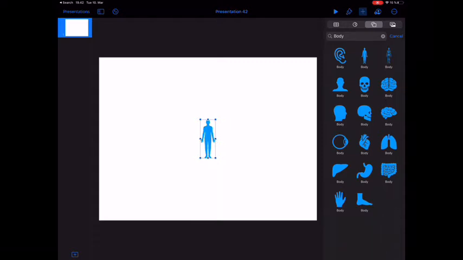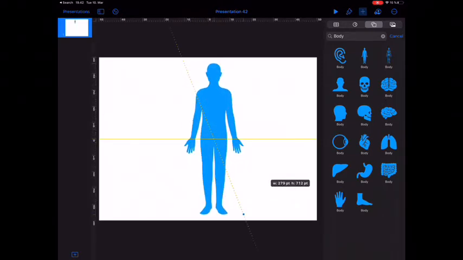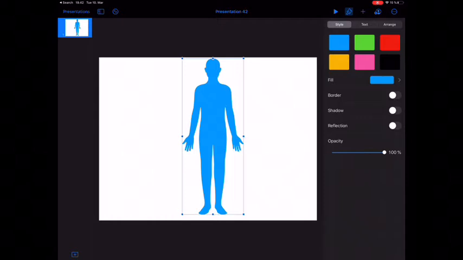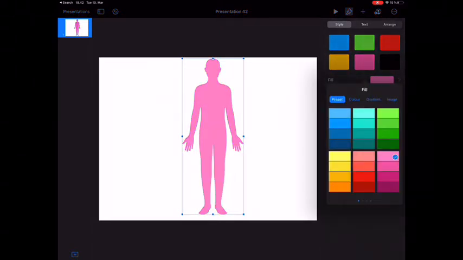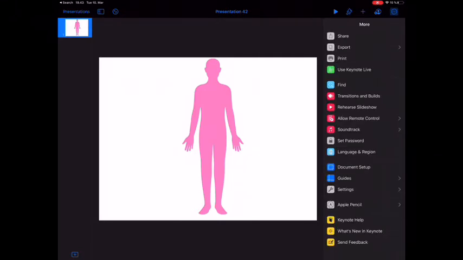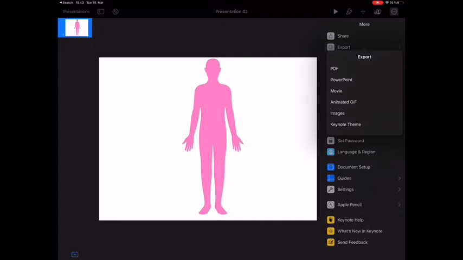So the first one I'm going to use is this whole body. I'm going to extend it so it about fills the page. It's nice and big. If you want to, you can change the color of that body like so. I've just gone for a lighter shade of pink there. You're going to be doing this over and over again. So now what I do is I'm going to export that as an image,